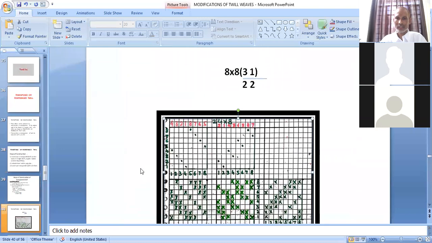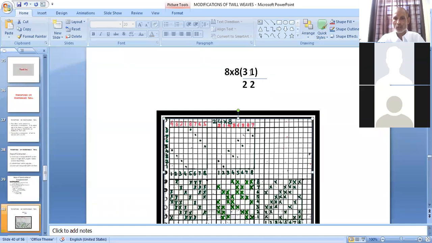And here you can see we are taking base 12 in 8 cross 8. That is 3 up, 2 down, 1 up, 2 down. Instead of taking 4 up, 4 down continuously, I have changed this interlacing order so that you will be acquainted with new interlacing orders also. It is 3 up, 2 down, 1 up, 2 down. 2 interlacings are combined together.